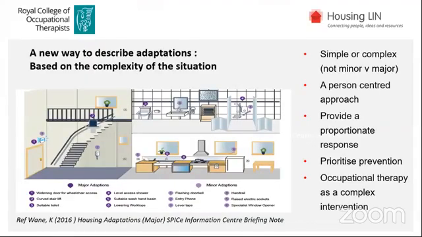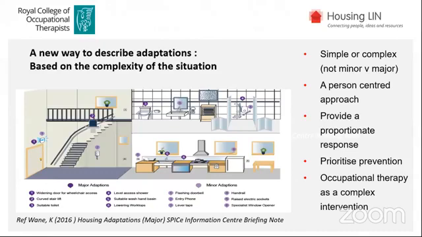So just to talk a little bit around the content now. I don't know if you've got the document open in front of you, but one of the things that we've done is we've provided a different way of describing adaptations. So we've moved away from describing adaptations based on cost and type, and focused on looking at complexity. And the way that we've looked at complexity is, again, we've used the evidence base. So we've used work by Liz Ainsworth and Desley de Jong, who are occupational therapists, researchers and practitioners in Australia. So we've used their work to provide this definition of